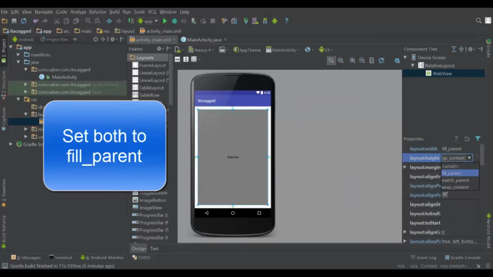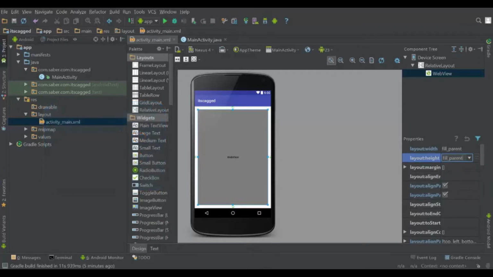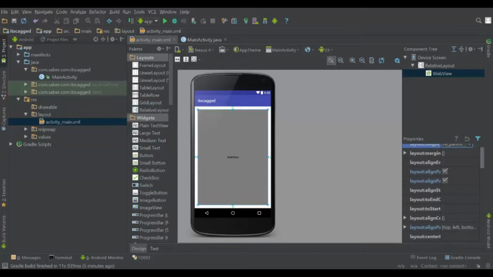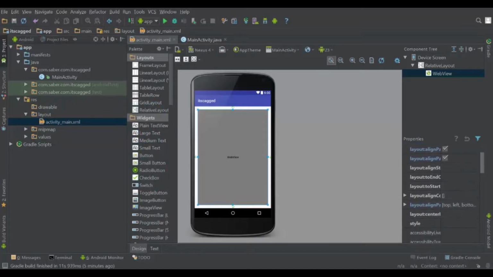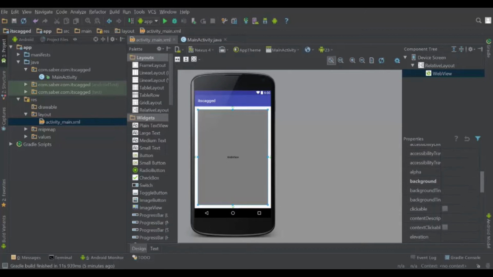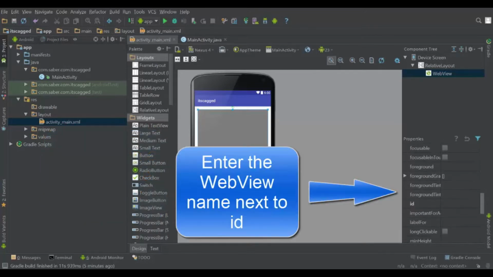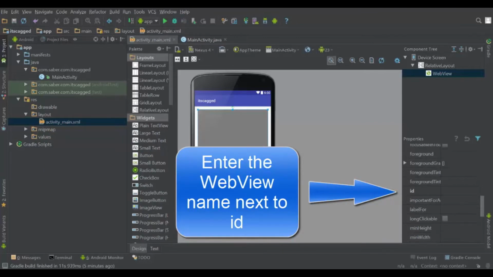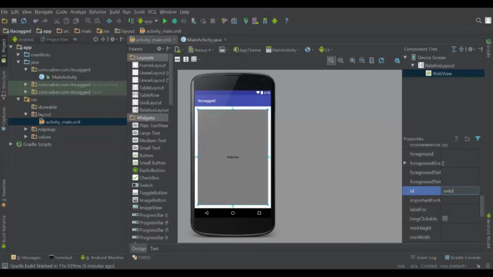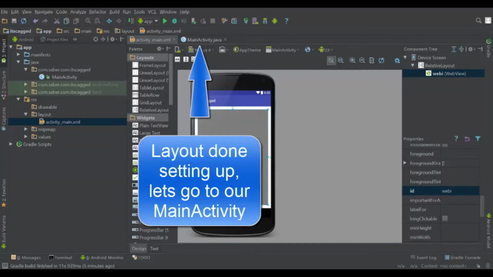I prefer to make use of full parent layout because this ensures the web view increases to the correct size and stays in full view. We also now need to assign a name to the web view, which is done under the ID option. In this case, we are calling our web view Webby. The layout setting up is done, so let's move back to the main activity by clicking on the main activity